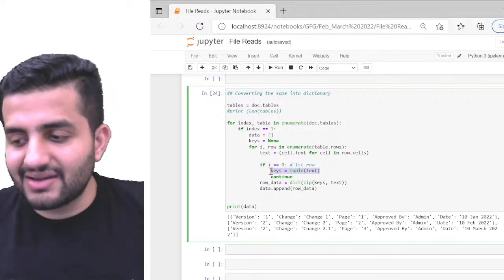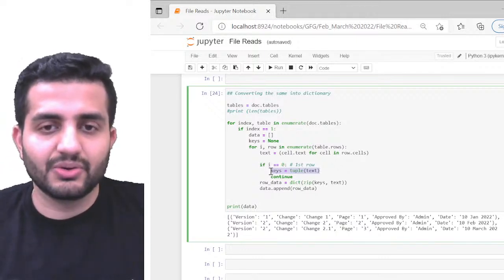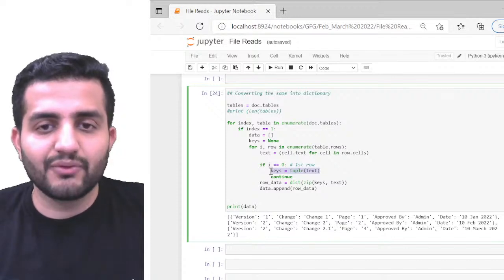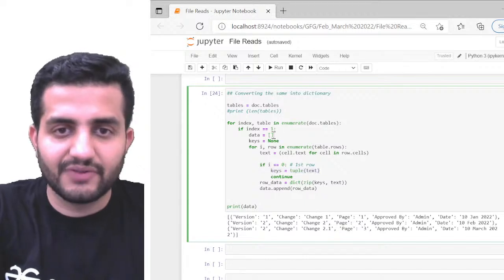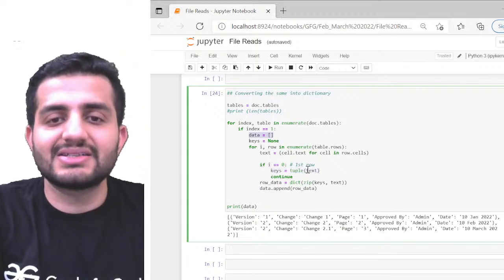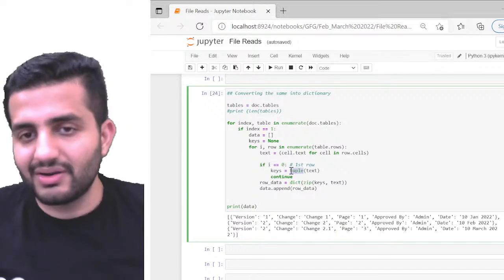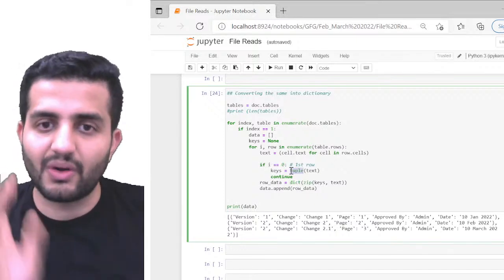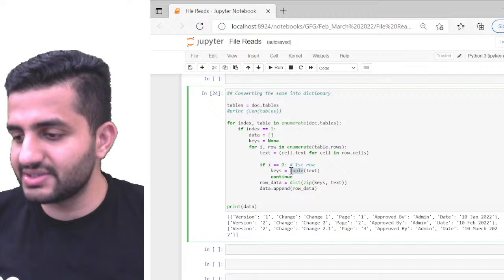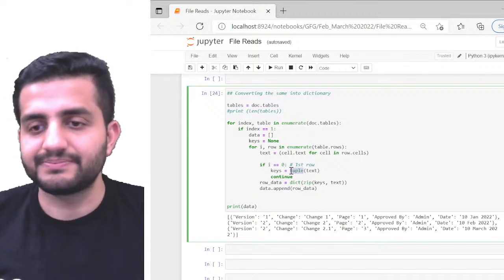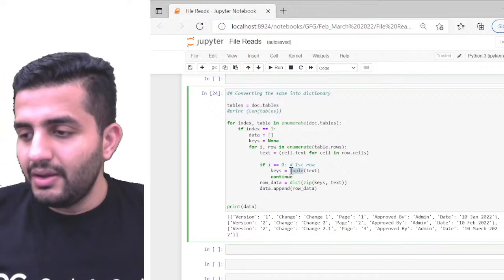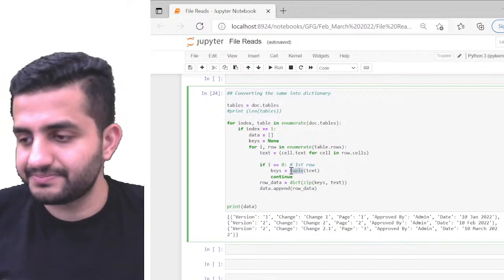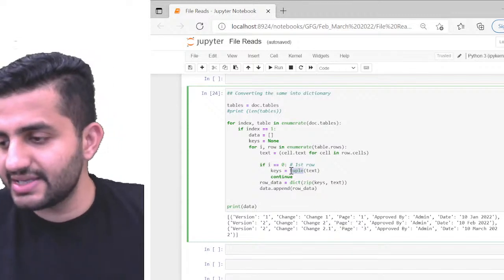Once I've extracted the information from my first row, ultimately I have to make it either a list or a tuple. Instead of passing it as a list, I have used a tuple because I don't want this to be mutated. I just want this to be constant. Once done, it should be there. Cool. Great. Any more questions, guys?